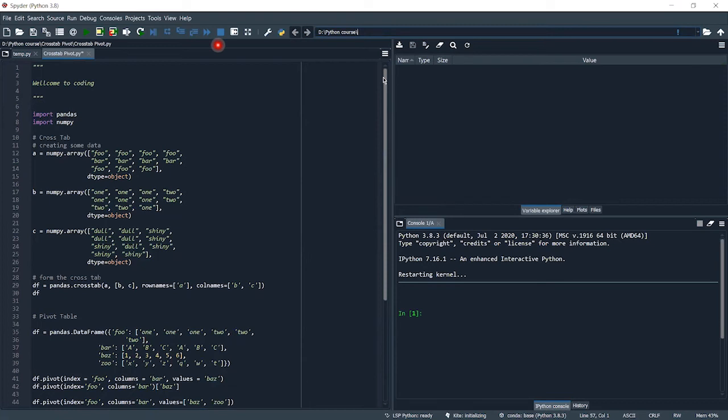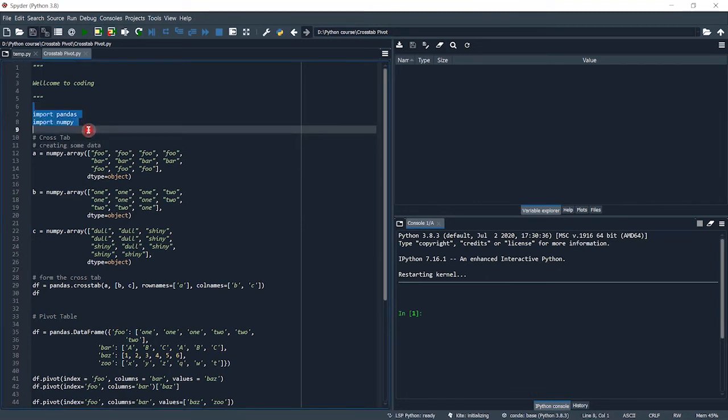As you can see, I specified my path as the Python course. Cross tab is a folder in Python course, and there I made this crosstab pivot.py Python file. First I'm going to save this file. I already made this file, so nothing to worry about.